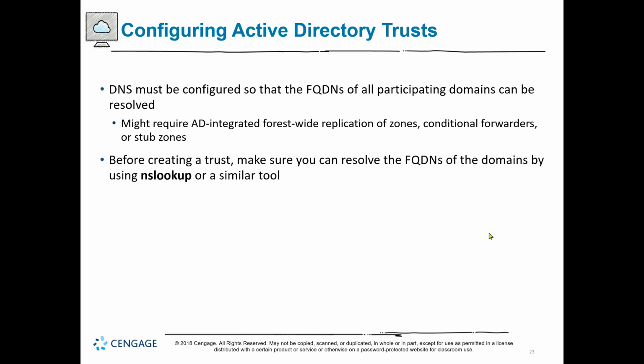DNS must be configured so that the FQDNs of all participating domains can be resolved. This might require AD-integrated forest-wide replications of zones, conditional forwarders, or stub zones. Before creating a trust, make sure you can resolve the FQDNs of the domains by using NSLookup or a similar